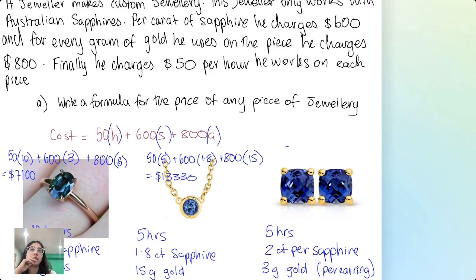And then Joseph, the last one, please. 50 times 5 plus 600 times 2. Would it be times 2? Because remember, look at how many earrings did he make? Times 4. Times 4. Beautiful. Oh, I got the wrong thing. It's okay. Just tell me what else. And then plus what? Plus 800 times 6. Right? So can everyone please resubstitute that in their calculator and tell me what they get?